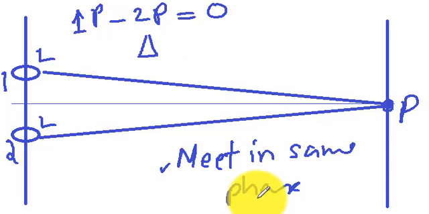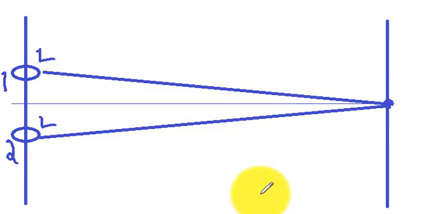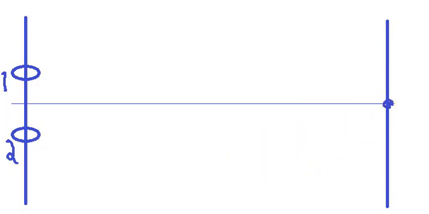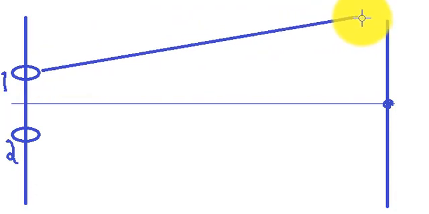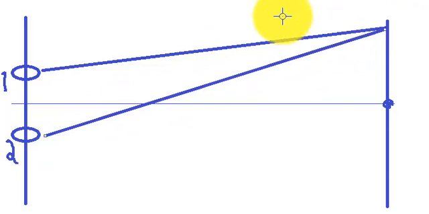Okay. Now again, taking some other point. Let us say they are not interested to come to the center. So what will happen if they are not coming to the center? Suppose they are going to meet at a point here. So this is the path traveled by the first robot, and the second robot will have to reach the same point, and the path is not the same. There is a difference in the path.